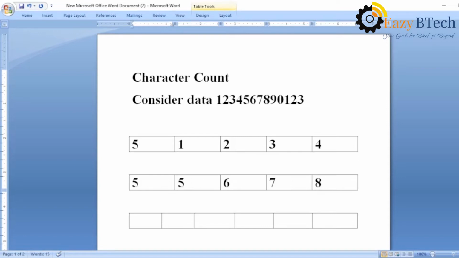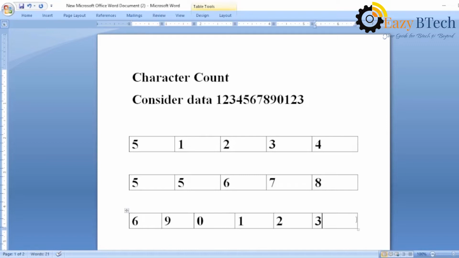Next, 9, 0, 1, 2, 3. See here, the actual data is divided into three frames, the first frame, the second frame, and the third frame. With character count, the count for the last frame is 6.